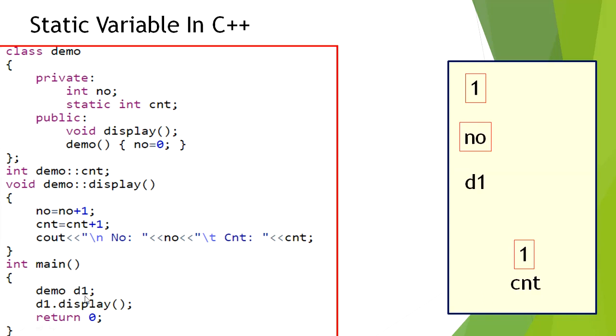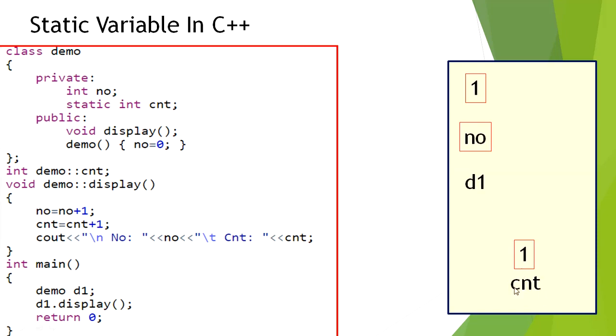Here the object d1 is created. Once the object is created, the constructor gets called implicitly. Value of a member variable will be assigned to 0, and as we have seen, every object is associated with a local copy of member variable, and only once the static variable will be created in memory.